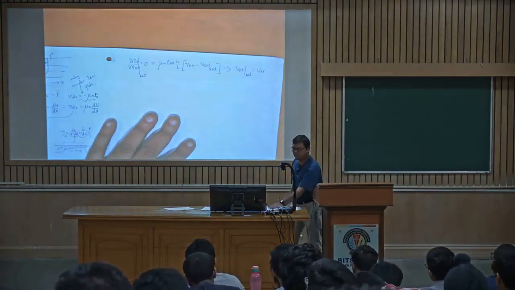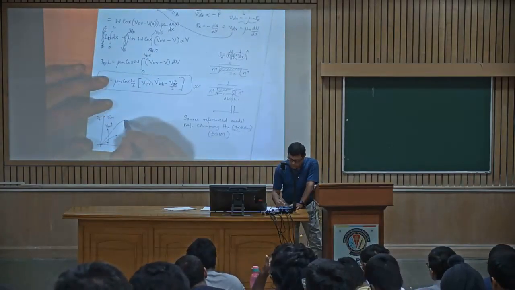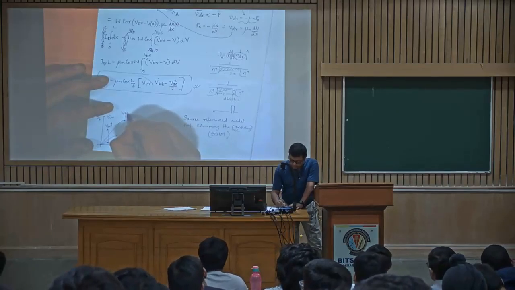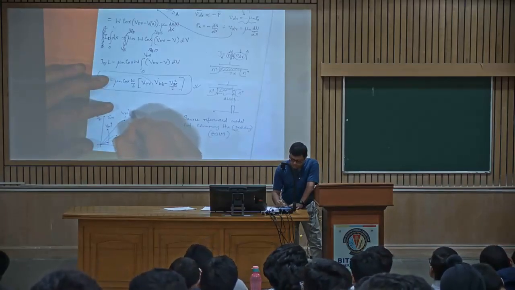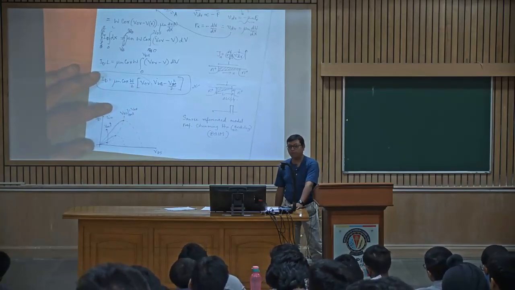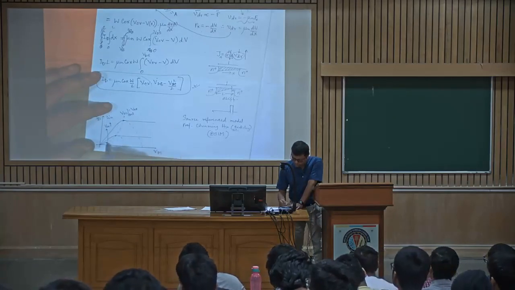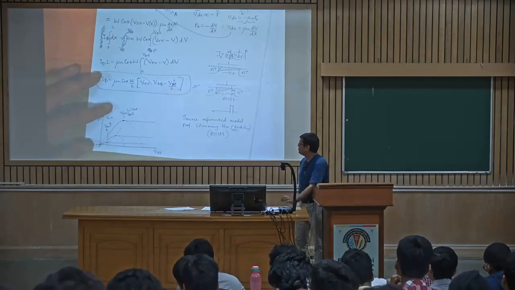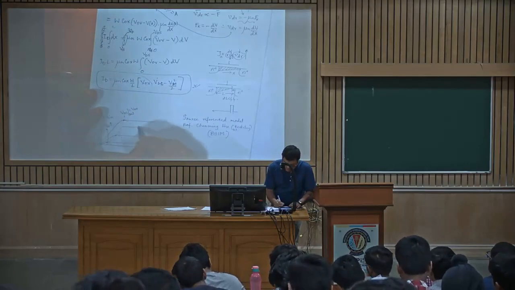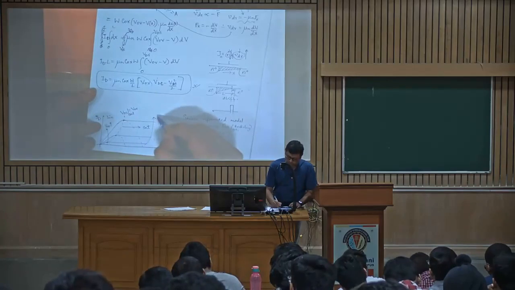Okay, there is no point in belaboring this. I mean, you already know this. So that means at this point, VDS sat is equal to VOV. Beyond that, what we have seen is that it will just continue to be a straight line. Okay, so beyond this point, this is the saturation region. This is linear. What is this? This is increasing VOV again.